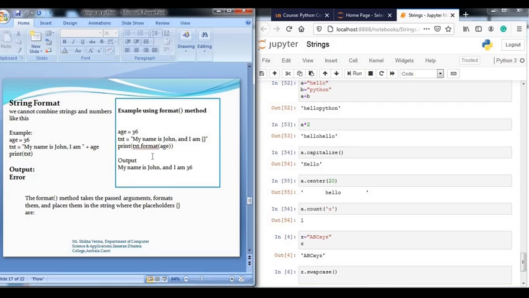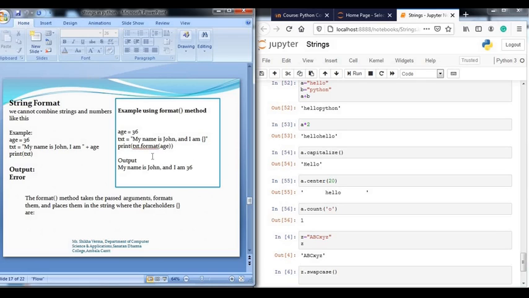String format. For string format we can also use the format function. If you want to format a particular value, then you can use format. The format method takes the passed arguments, formats them and places them in the string where the placeholders, curly braces, are found, just like you use %d, %s.